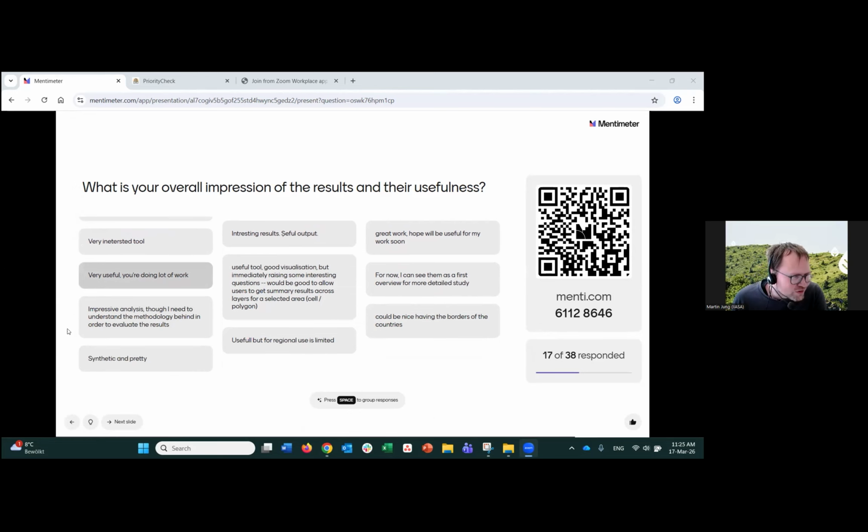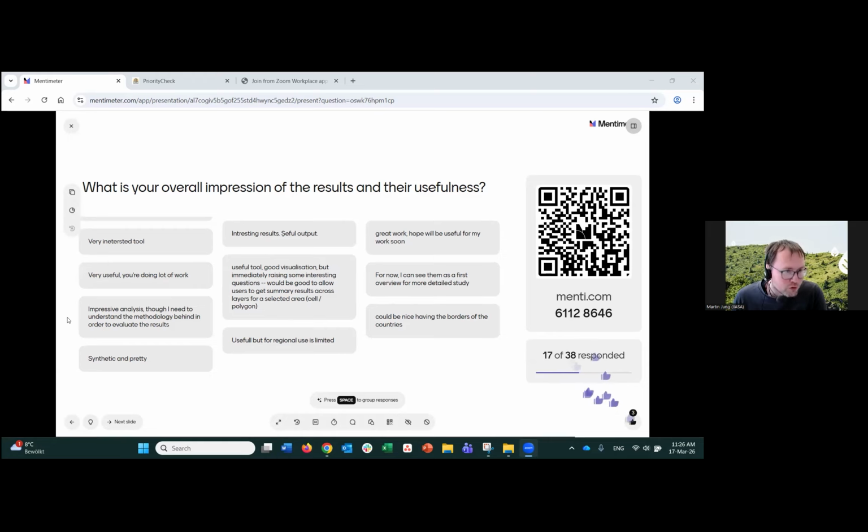Great. Useful tools would be good to allow getting summary results across the layers, for select or cross layers. At the moment with the query tool, you can only click individual grid cells, and then there's a button to export them. So you can download all the features, the species and habitats in there. But for multiple cells, this is not implemented, I think. If you're interested in general patterns across layers, just send us a mail and we're happy to extract something for you. This should be possible.